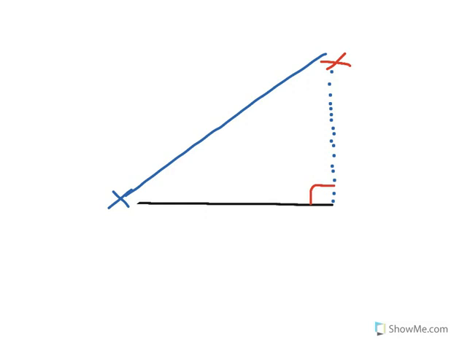Let's say that the horizontal line I have drawn here is the ground, and I have an airplane flying above the ground up here, and let's just say I have a person on the ground down here. And if I wanted to draw a sight line from the person up to the airplane and drop a line straight down from the airplane to the ground, forming a right triangle, as I look at this straight on,